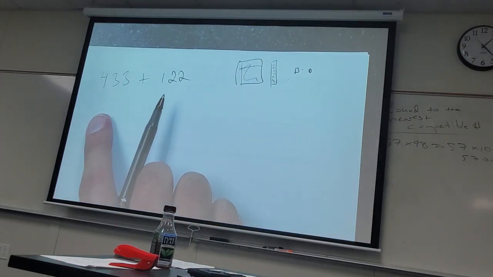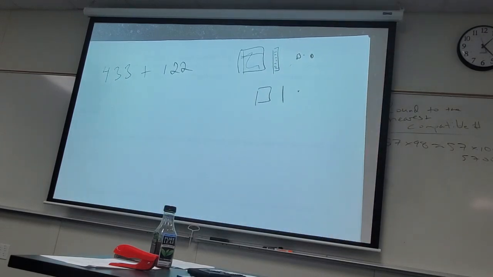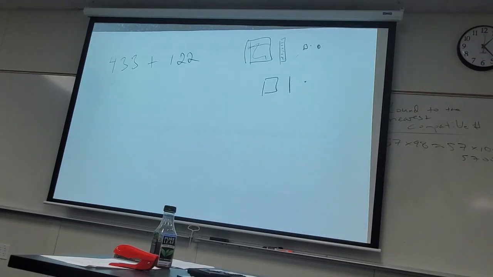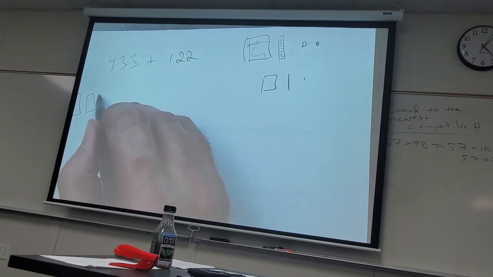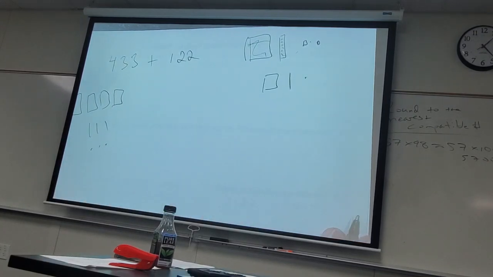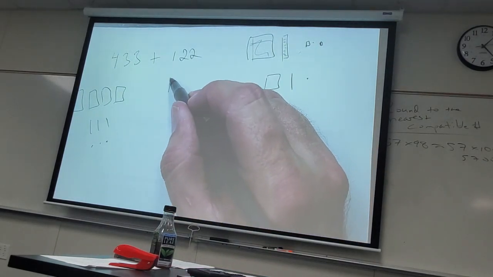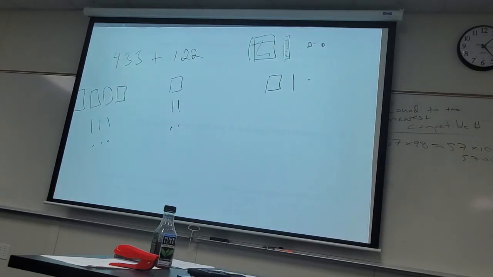So if I want to do 433, I'm going to do this as a square, a line, and a dot, right? So it's like the next level up from line stuff. 433 would be 4 flats, 3 longs, and then 3 units. And then 122 would be 1 flat, 2 longs, 2 units. So just to show you, with this stuff here,